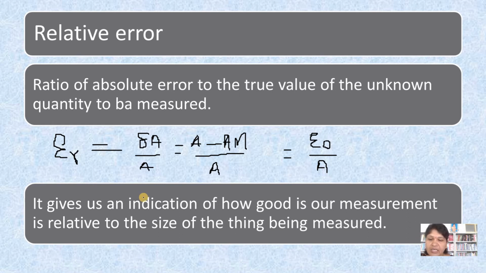So if we find the relative error, it gives the indication that the 3000 meter measurement is more accurate, whereas in comparison the 100 meter measurement using the same instrument has plus or minus 5% accuracy. So the goodness of the measurement is with respect to the size of the quantity with which we are measuring. So this was the relative error in the measurement.